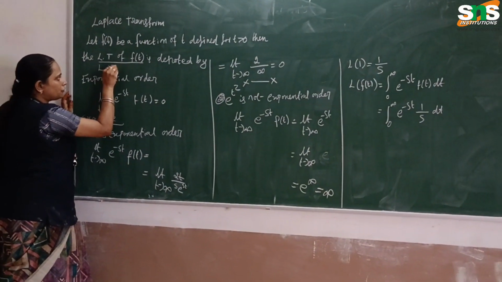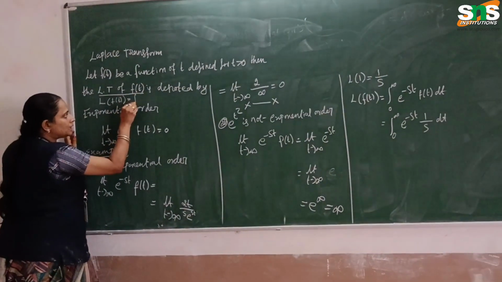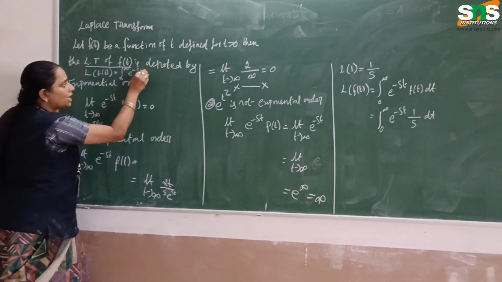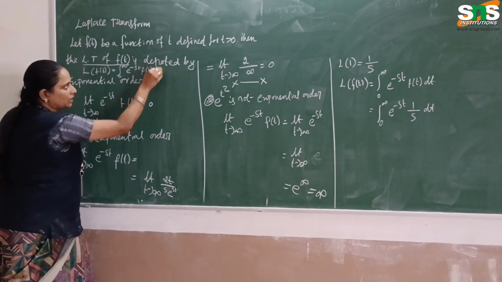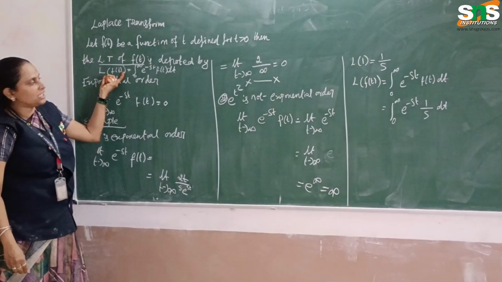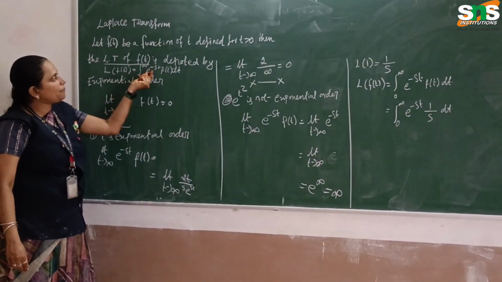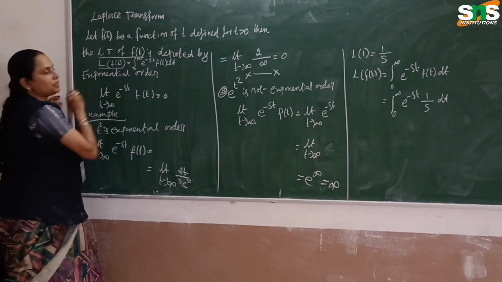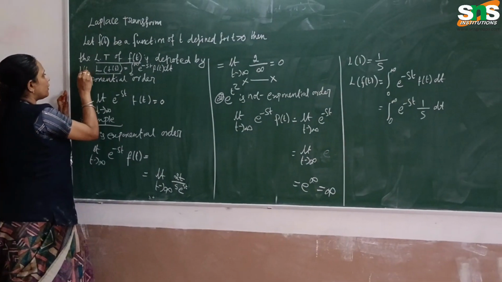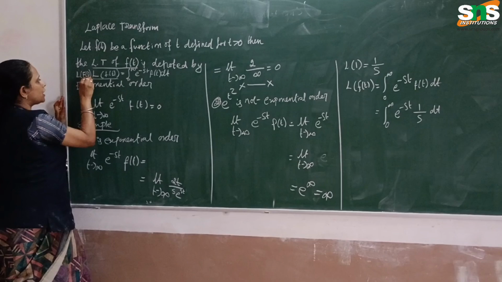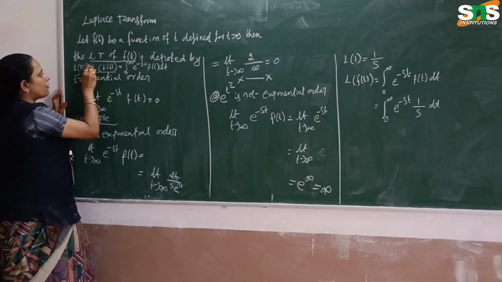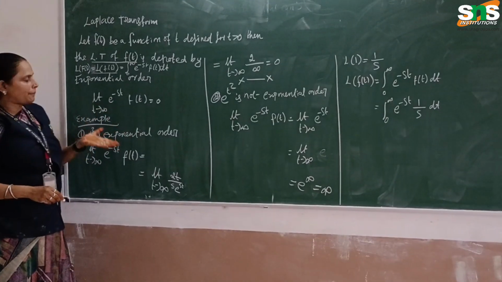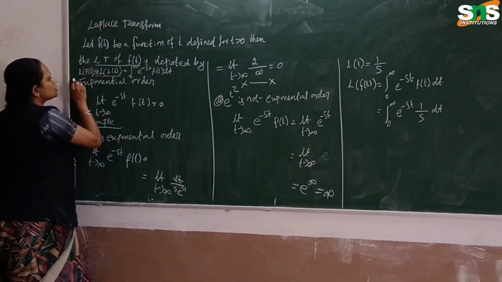L of f of t is nothing but the integral from 0 to infinity of e power minus st times f of t dt. So L of f of t is the integral from 0 to infinity of e power minus st f of t dt. Here, L of f of t is nothing but capital F of s. Then we have to solve the